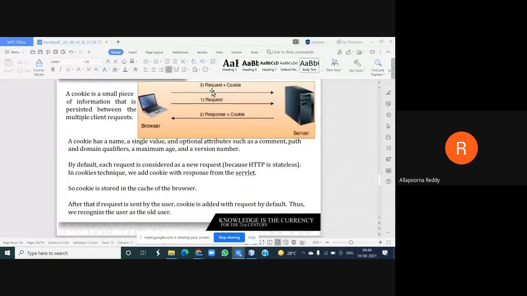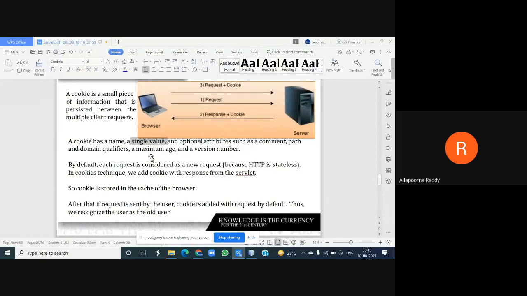And maintaining the information about the user, as I told you now. But what exactly does the cookie consist of? First, the name of the cookie. I will show you, don't worry. And one more is a unique value. Each time a unique value is generated for each cookie, because that unique value represents that it's coming from that particular user. If you don't maintain uniqueness, what happens? So many security issues are going to be raised.